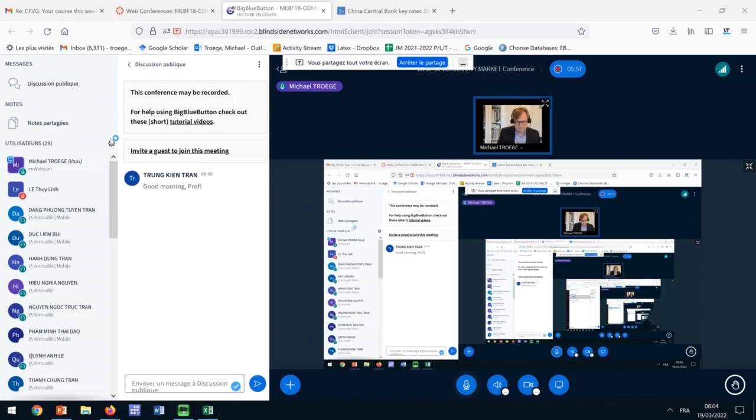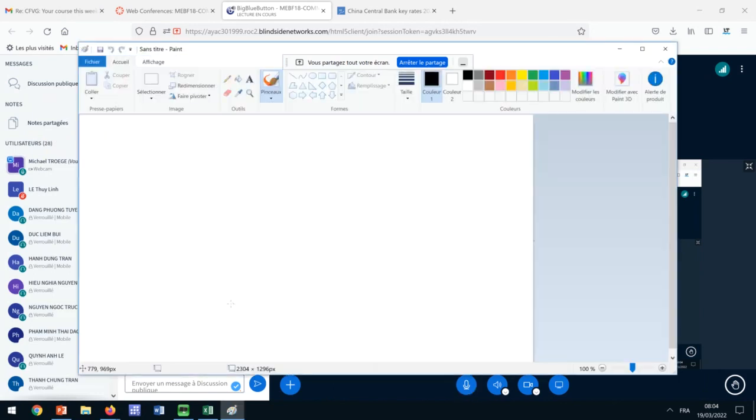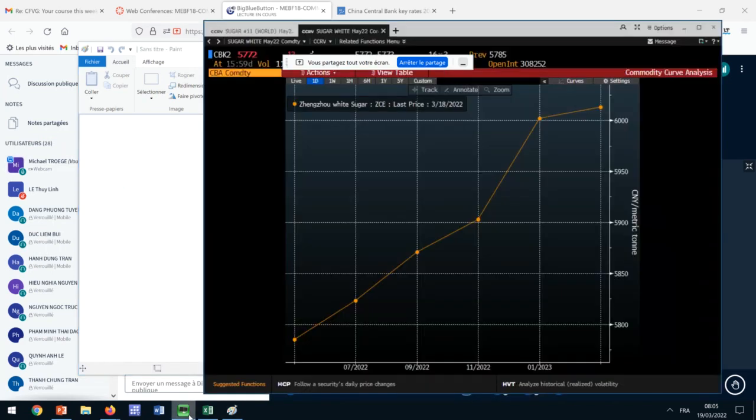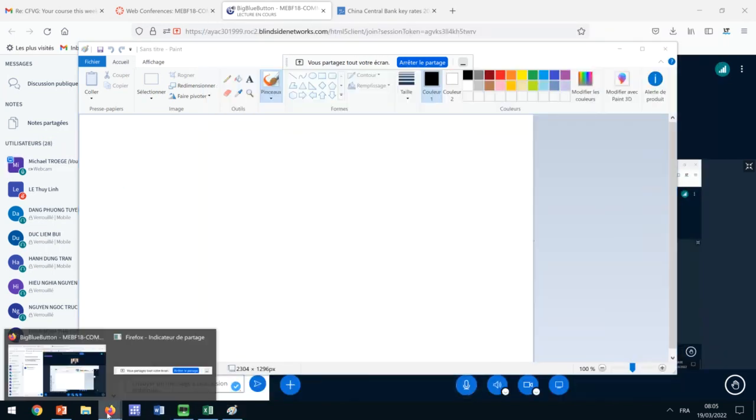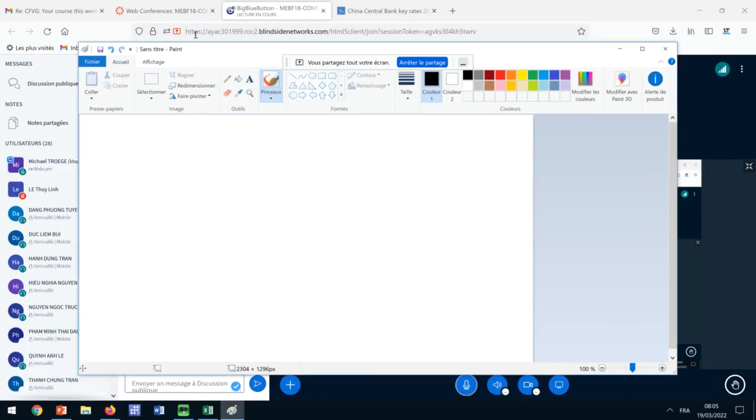This is a bit simplistic, but it's going to work. Okay, so I think you must see what I do here. If you have a futures curve that looks like